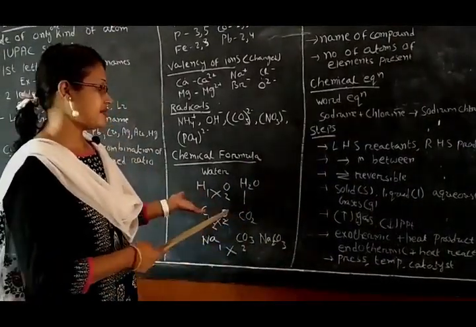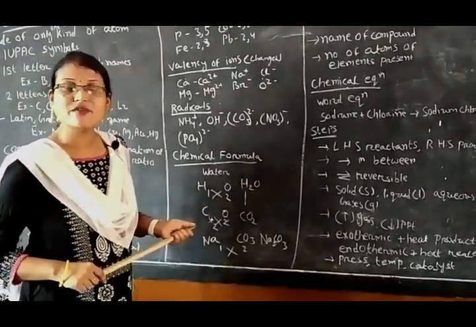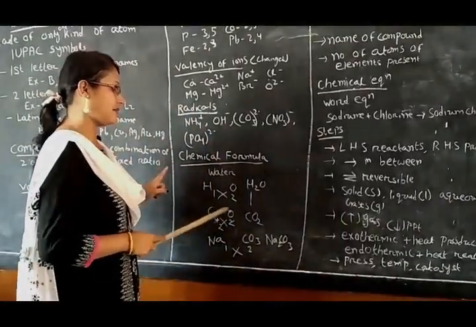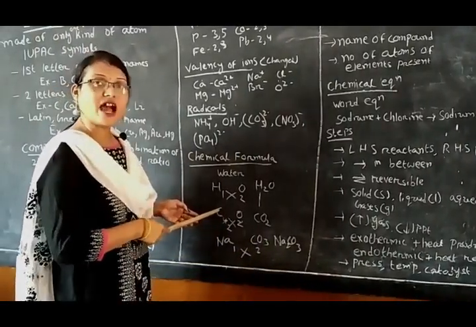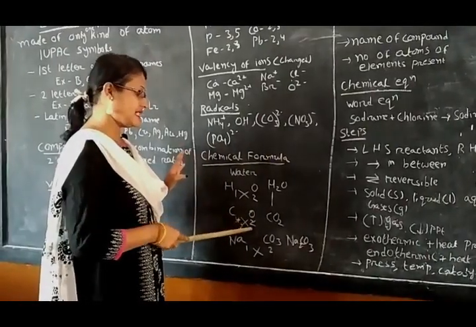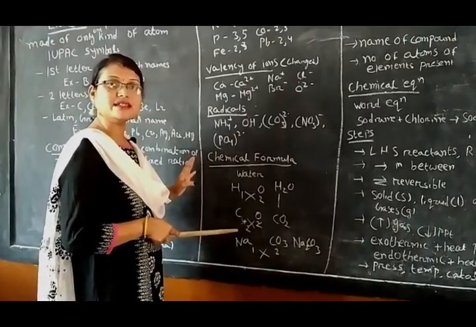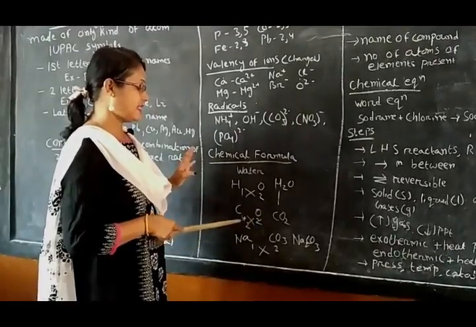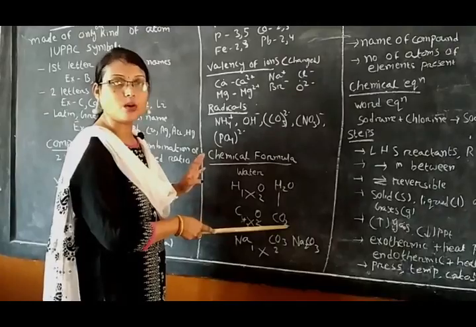Isn't it simple? Like that, let's write one more formula, for carbon dioxide. First step, we have to write the elements. The elements are carbon and oxygen. Next, the valency. The valency of carbon is 4, it is tetravalent. Oxygen is 2. Then let's interchange it. The 4 will be written here, 2 will be written here. Is it divisible? Yes. So let's cut it. 2 ones are 2, 2 twos are 4. So the formula becomes CO2.